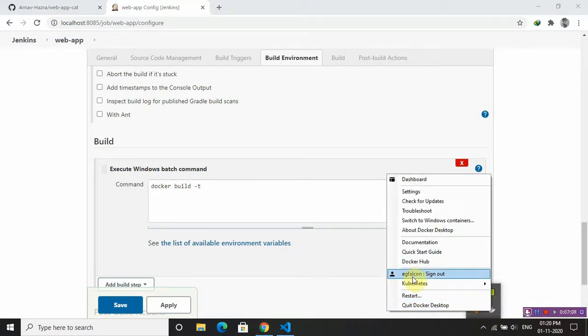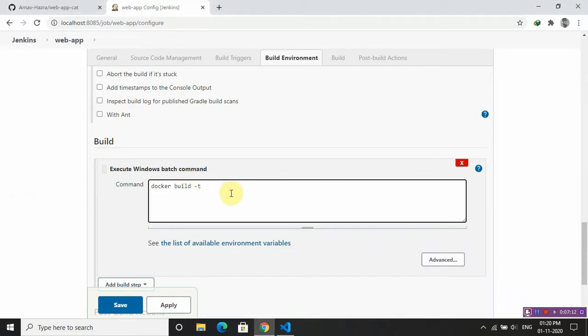My username in Docker Hub is eg falcon, so I will use that, so that if in future we want to push our image to Docker Hub, we can do that.